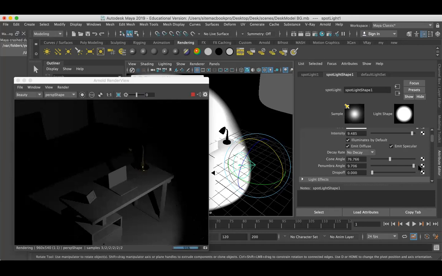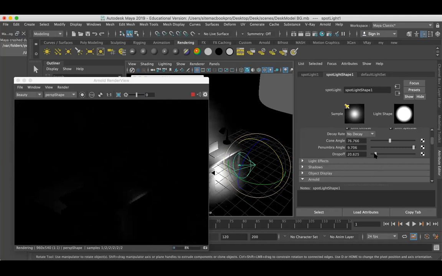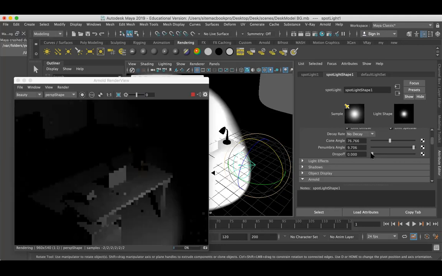If I increase the penumbra angle, it will soften the edges of the light. And the drop off will fade off the light within the spot, so it will fade the inner part of the light.